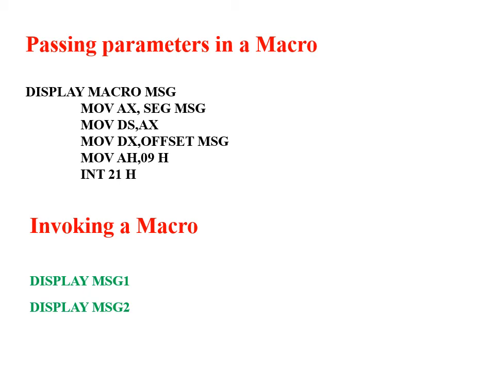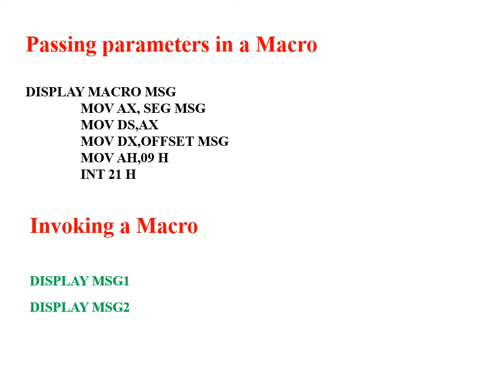When compared to the last simple macro example without the parameter, the only difference here is that after the display macro, you will be writing the parameter, what you are supposed to pass into the macro. Here in this case, I am passing a message. So you can see here mov ax, seg msg, we are passing. Now when you are invoking the macro, in the first example for the macro, there wasn't any parameter defined like this, display macro msg, it was just display macro.